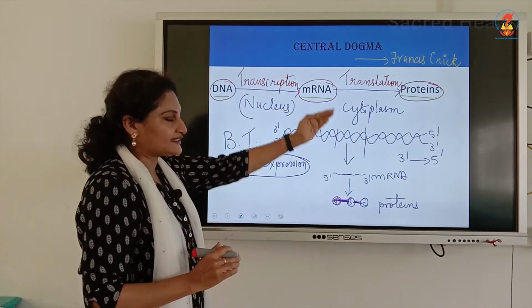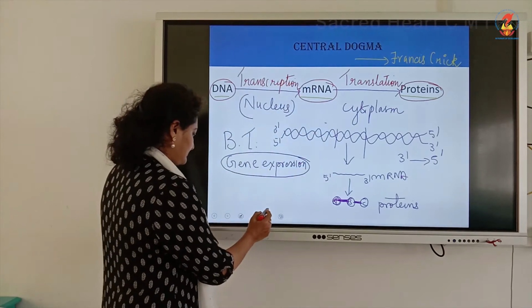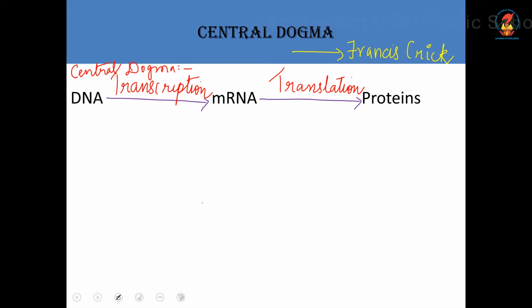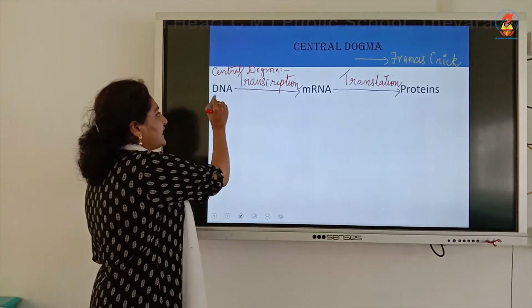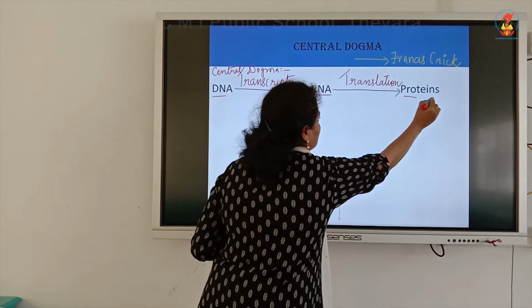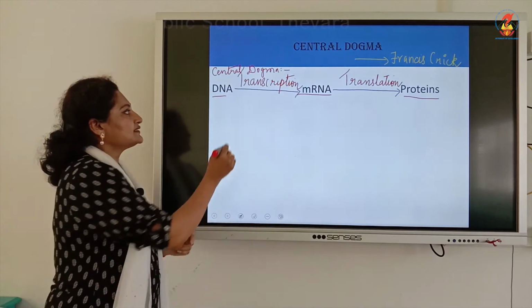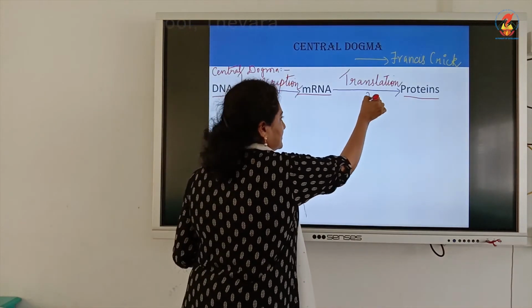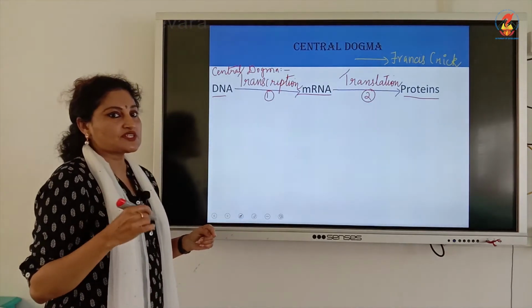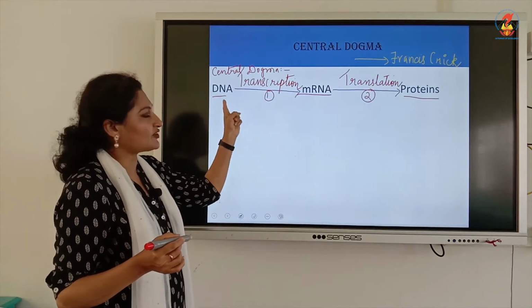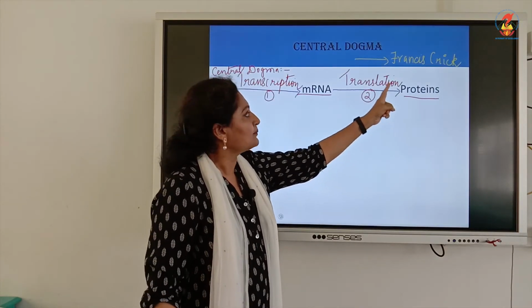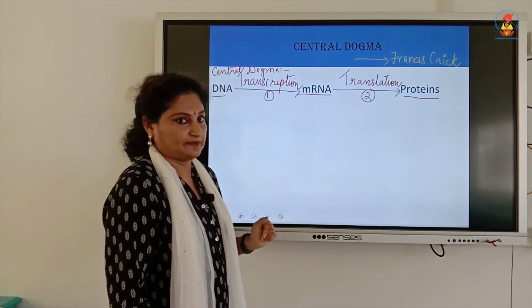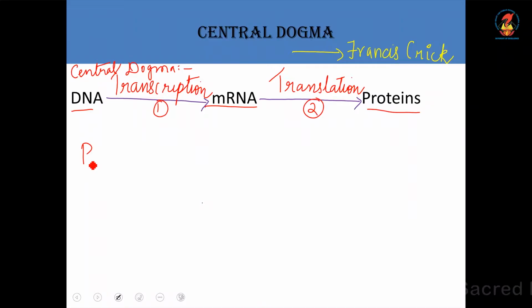So once again, if I go back to this slide and start from the beginning, the central dogma was proposed by Francis Crick, which states that genetic information flows from the DNA to the mRNA and from the mRNA to the proteins, and the two steps are transcription and translation. So what is transcription? The process by which an mRNA is derived from the DNA is called transcription, and translation is the process by which proteins are formed from the mRNA. Then in terms of biotechnology, what do we call it? Gene expression,